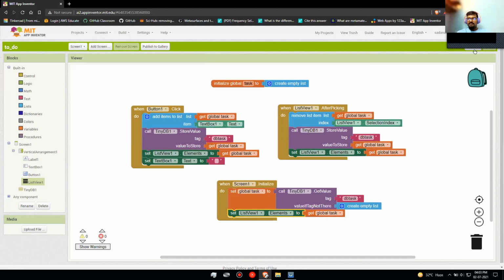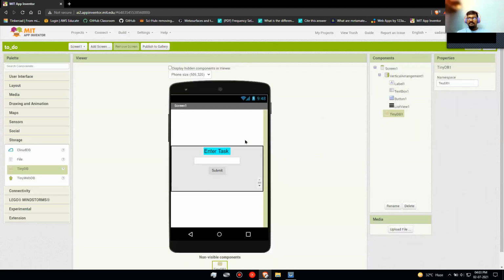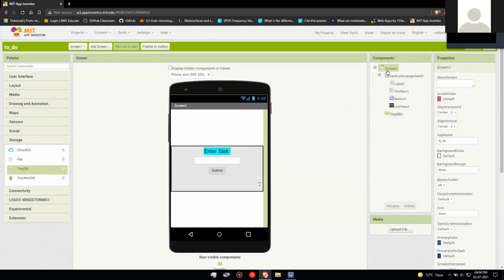So now we can come again to the main screen and customize it. The designer screen, right? Yeah, designer screen. So now we can come under screen 1.